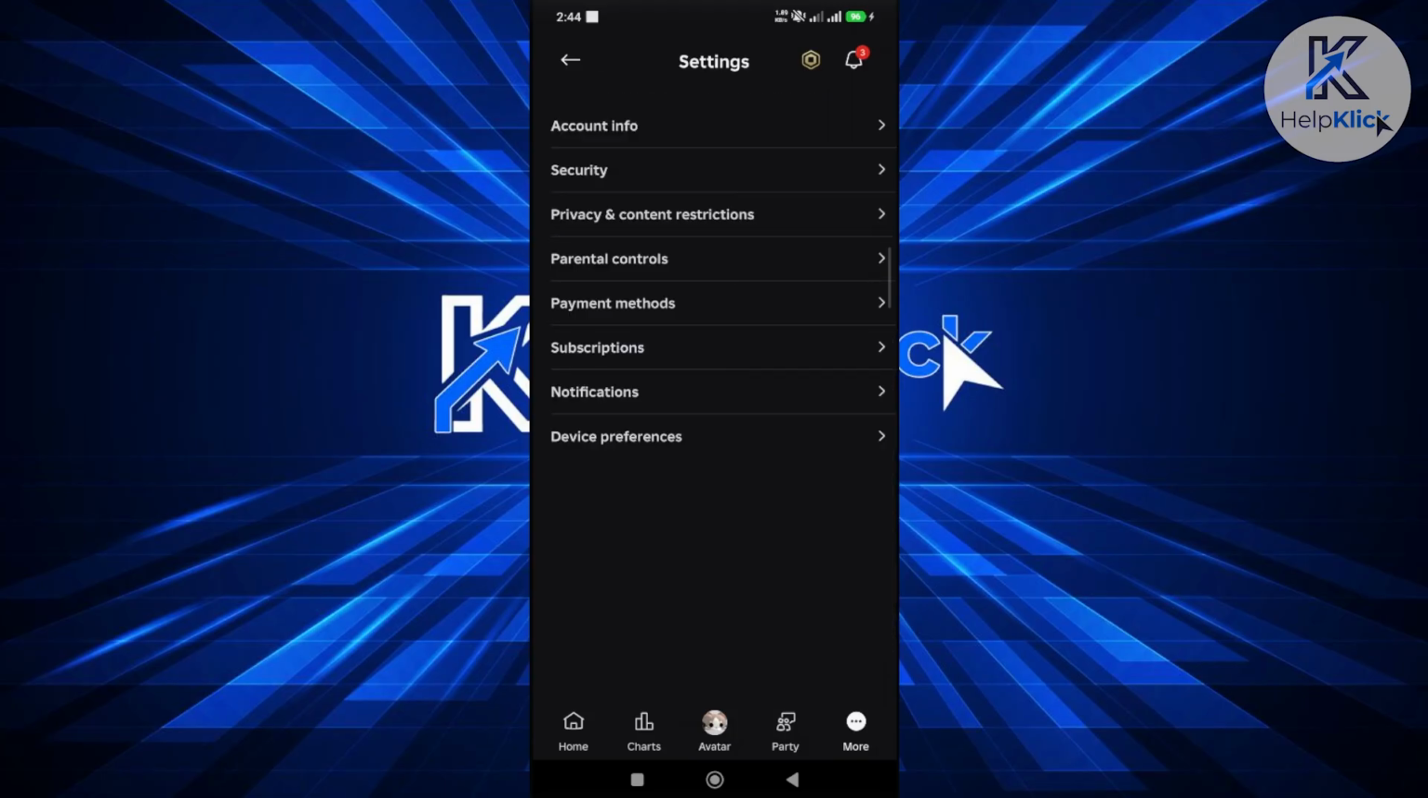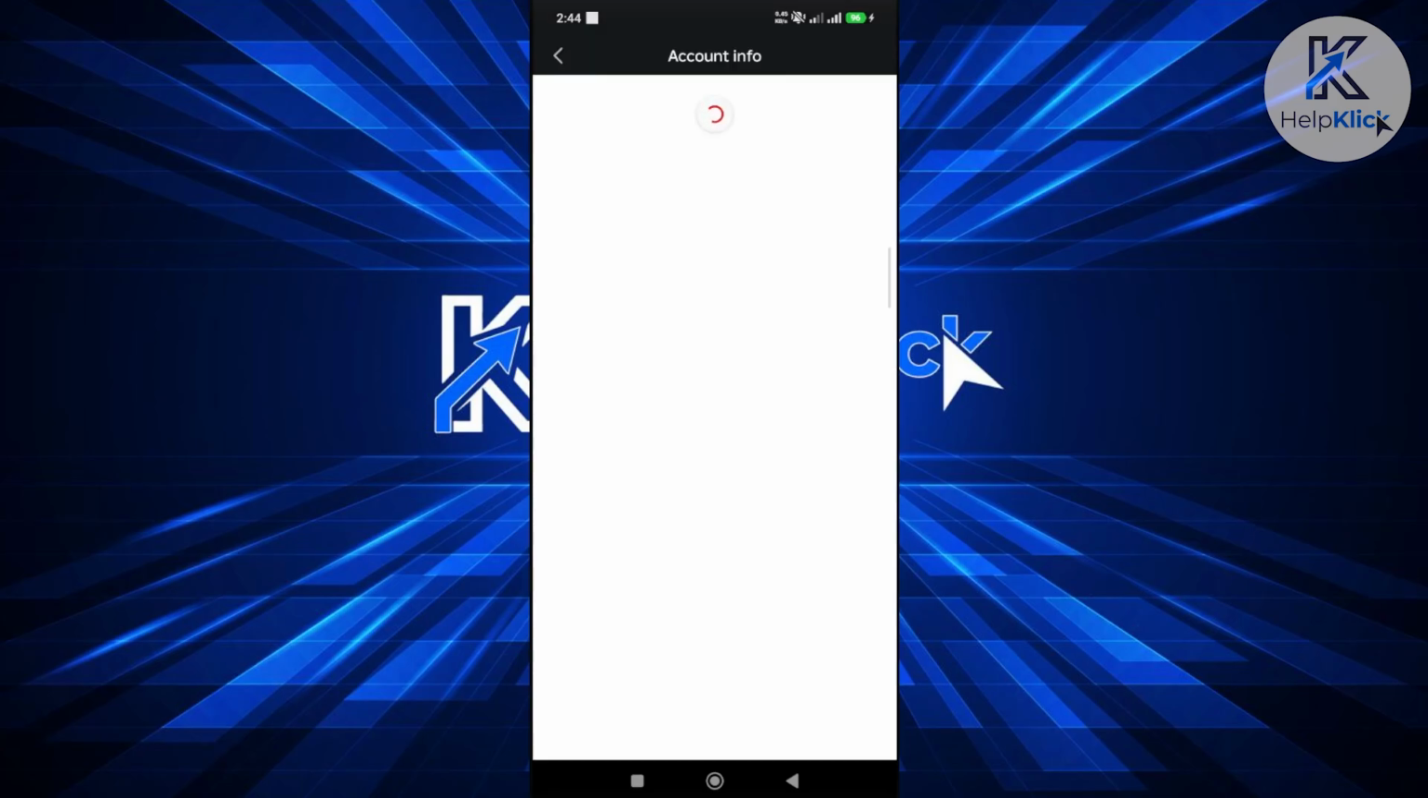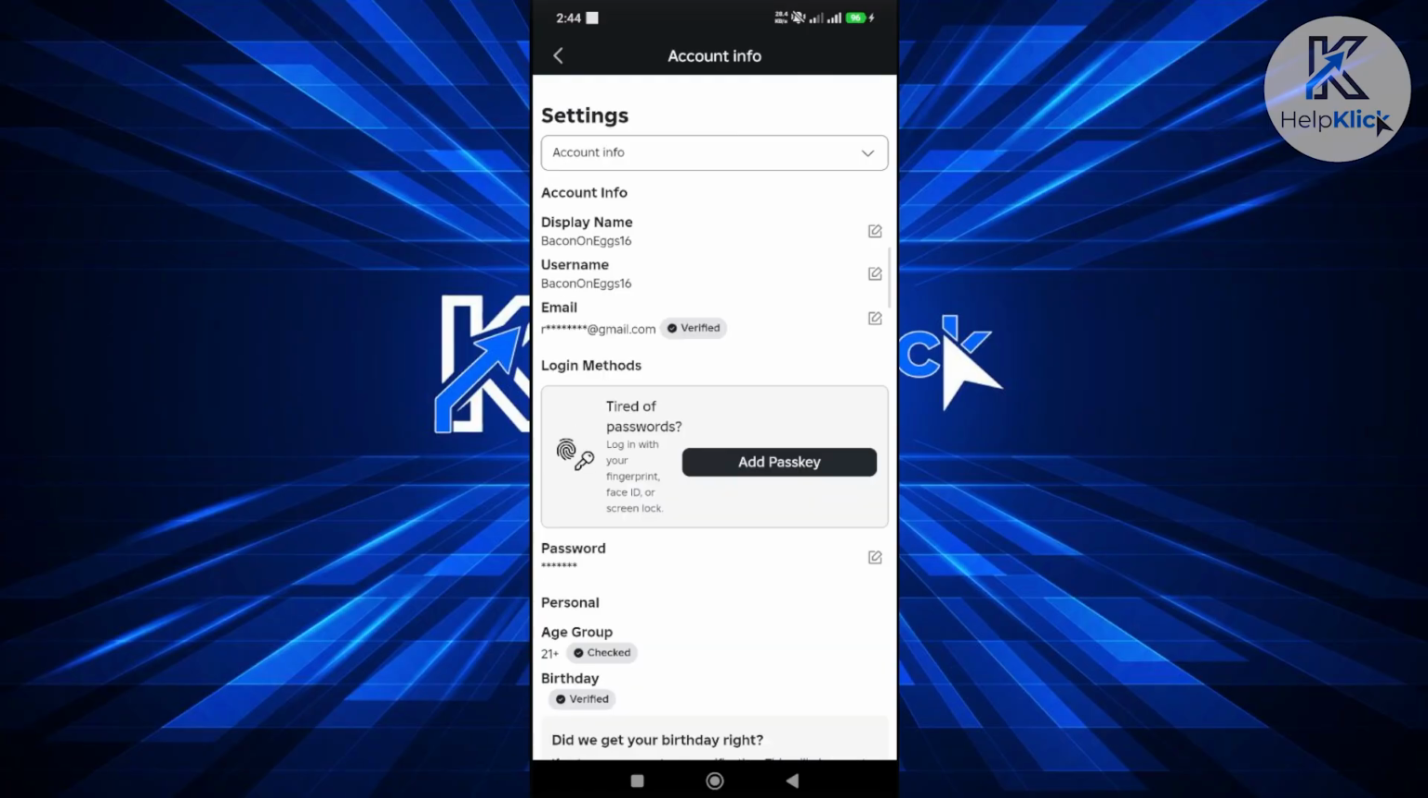Now, under settings, the first thing you want to make sure of is that you verify your account. Go to Account Info and fill out a few details about yourself. First, verify your email address. Typically you can just press the verify button next to your email, and that would send a code to your email address, and you just need to enter that code to verify your email address